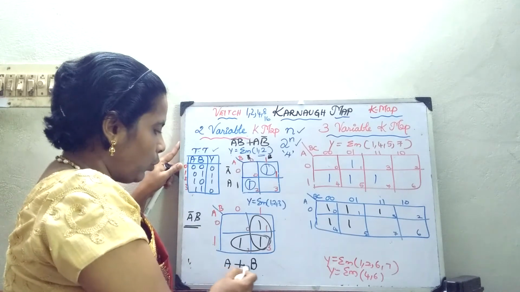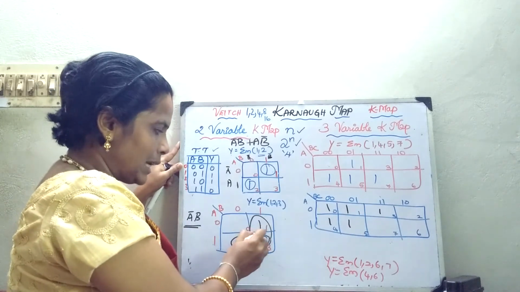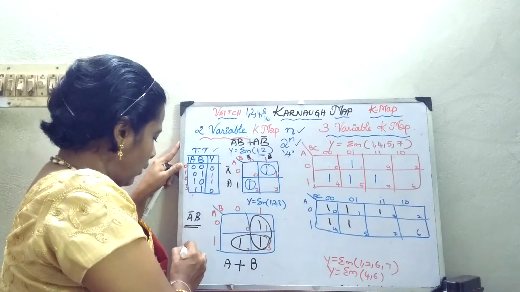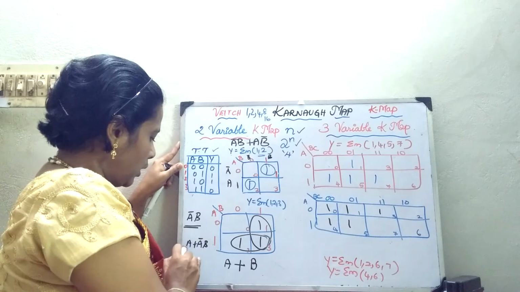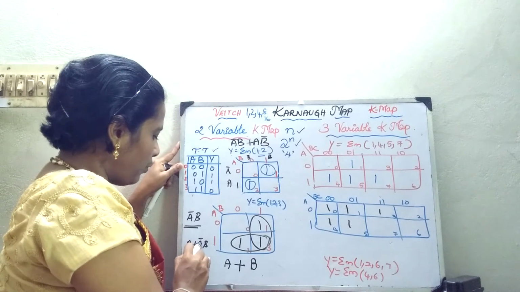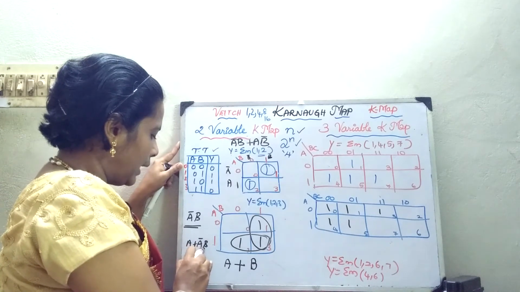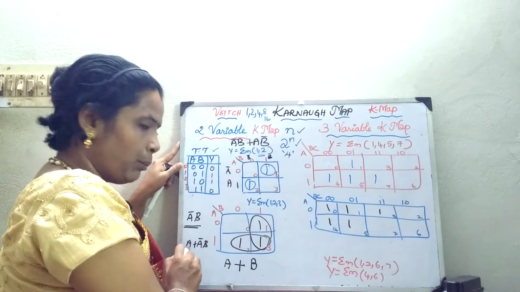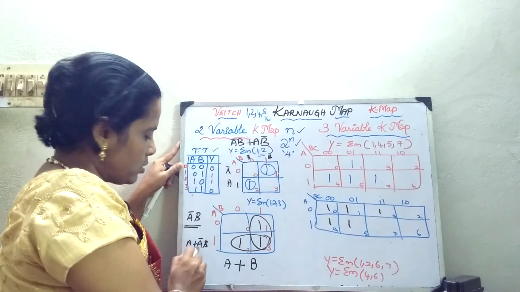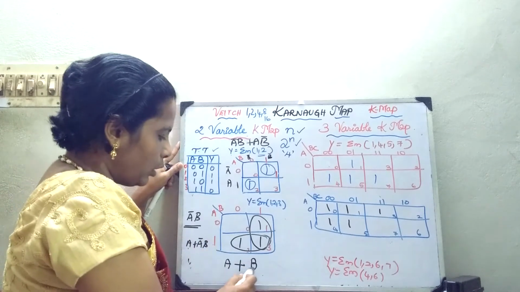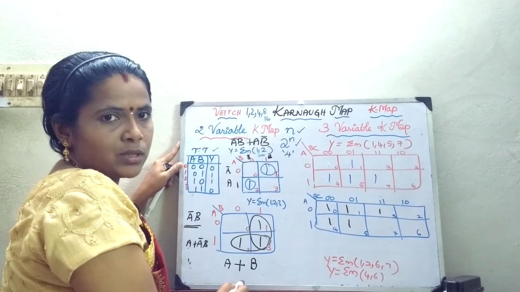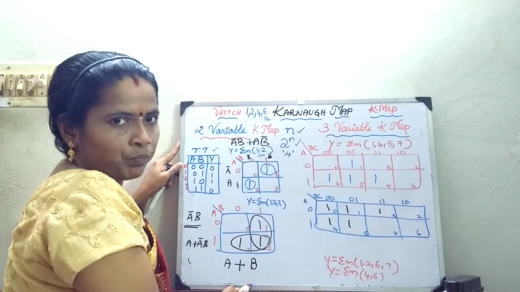Okay. If I am going to do a single cell grouping, how many gates will I have? The answer is A plus A bar B. So, how many gates will I be using? A is there, A bar B. So, for this I should provide one NOT gate, for this an AND gate, then here one input, any gates I can use. I can short it and use, and I have to use 4 gates. Whereas here only a 2 input OR gate I can use. That is the advantage. This is clear.